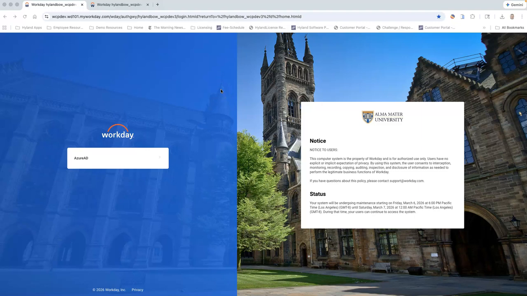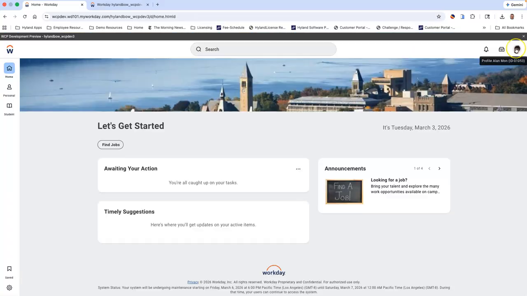Hello. Today I'd like to demonstrate Hyland for Workday Student. In this demonstration, I'm going to log into Workday as a student user and show the interaction between Workday and Hyland's content repository. So I'm going to log into Workday as a student, Alan Mon, and you can see when